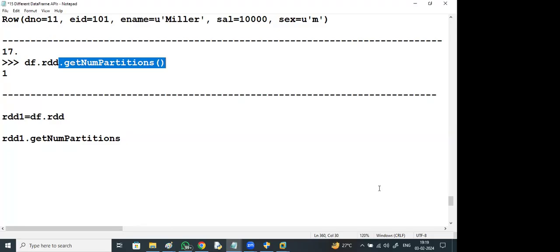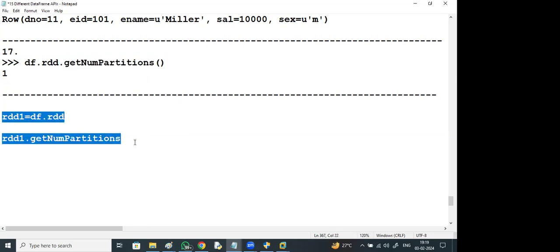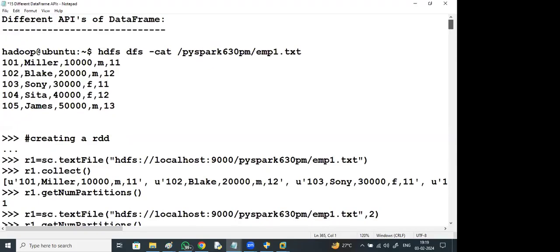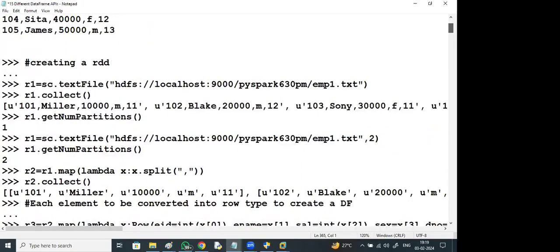Like in Oracle, we have a range partition where we create based on a particular column. Here also, if you want to decide the number of partitions, we can control the partitions while loading data and while creating. See the first example: creating an RDD, R1 is created.